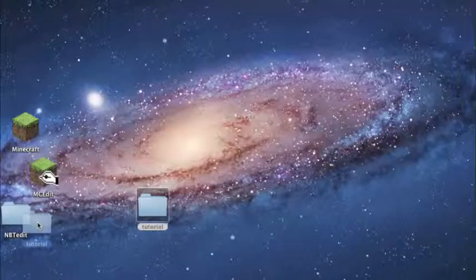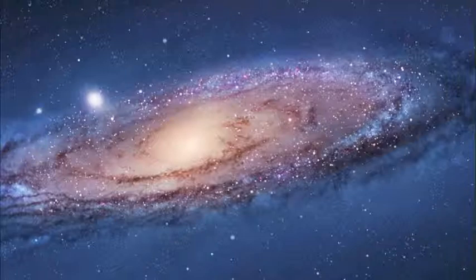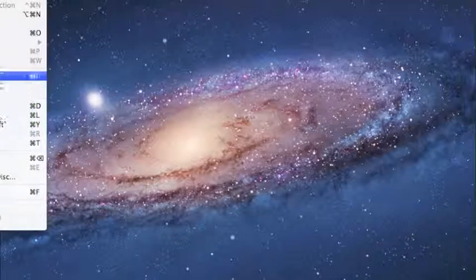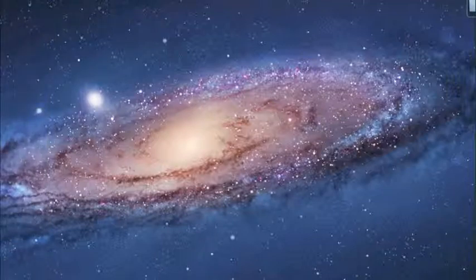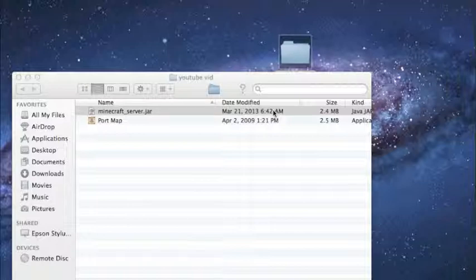Okay, then you're going to create a new folder. I'm just going to drag these out of the way. Okay. And then you're going to go to File, New Folder. And I'm just going to name it YouTube vid, and then you just click out, and then you're going to drag in port map, and then you're going to open Minecraft server jar and you say yes,